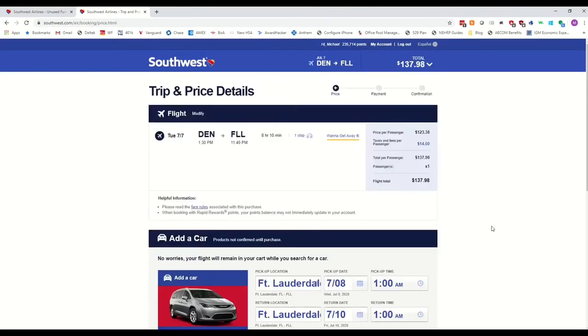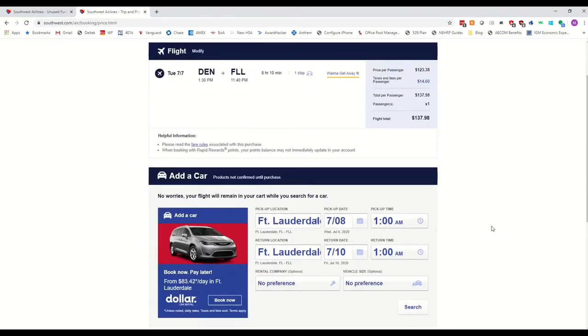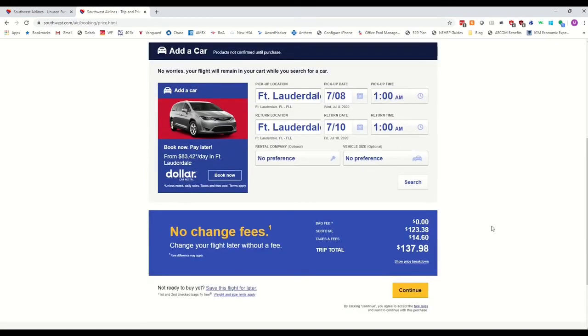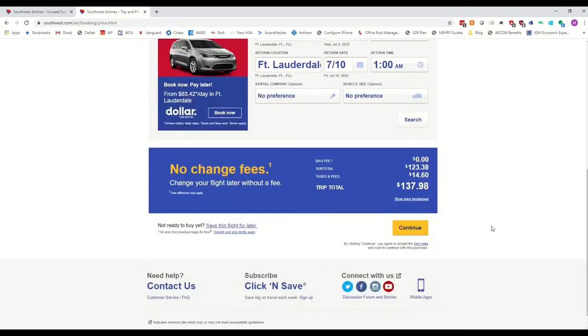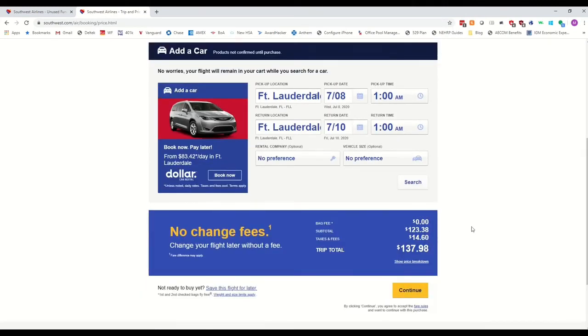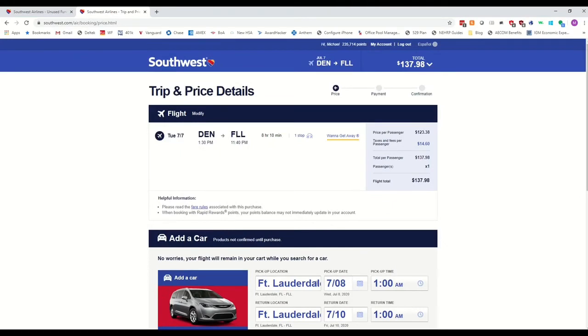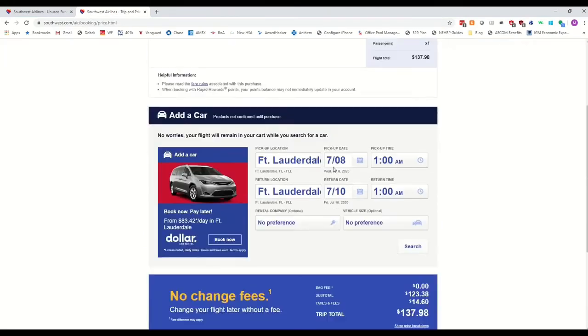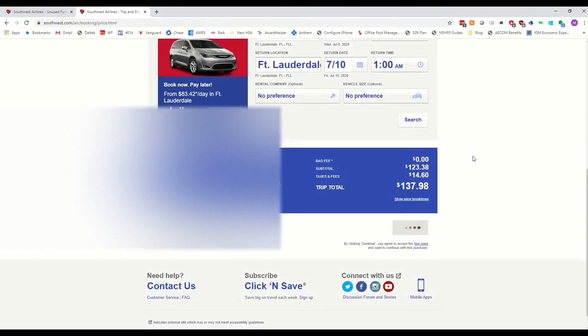Now, if you found a flight for under the value of the 2 travel funds, then you cannot actually combine the travel funds because you'll actually end up creating 2 travel funds. So you don't want to do that. You want to find one greater than the value of the 2 travel funds. So now that I've done that, the trip total of 138 is greater than my overall travel funds. So then I will hit continue here,